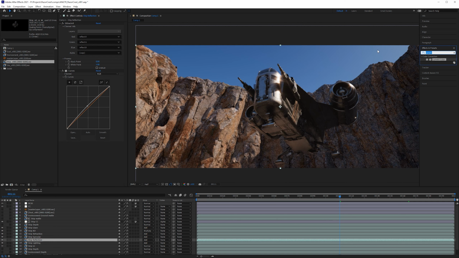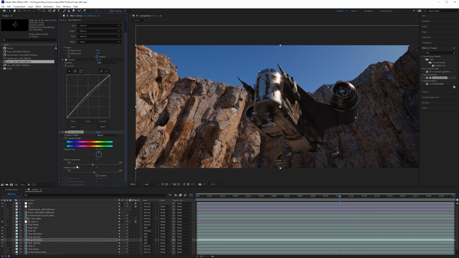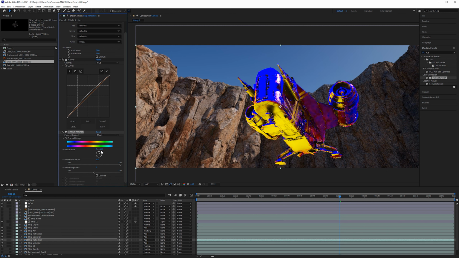grab something like a hue and saturation effect. You could also do Lumetri color, and you could just desaturate this. And as you desaturate it, you lose blue, basically. So if you didn't like so much blue there, or you wanted later on to swap out your sky for something else, but you didn't want to re-render your ship, it's a very good solution. Or maybe it's supposed to be on a different planet and it's supposed to be reflecting something that's not 100% blue.